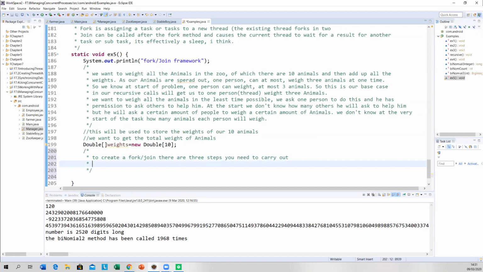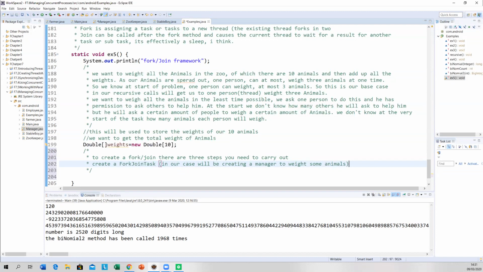First thing is create a fork join task. In our case, that will be creating a manager to weigh some animals.